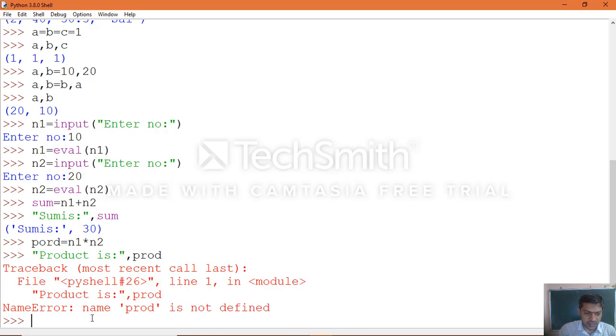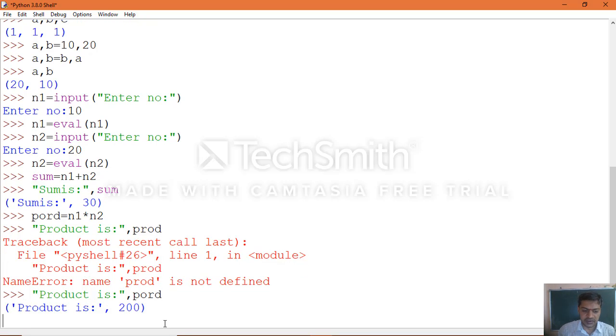Sorry, we made a mistake in a statement. The variable which we defined and the one which we called are different, which is why the error occurred. When we calculated the result and then tried to call that variable in a different manner, the error occurred. Now execute. Yes, you can see the product.